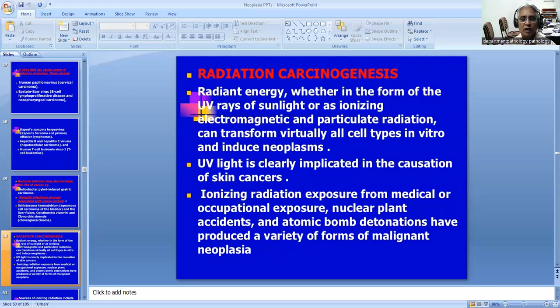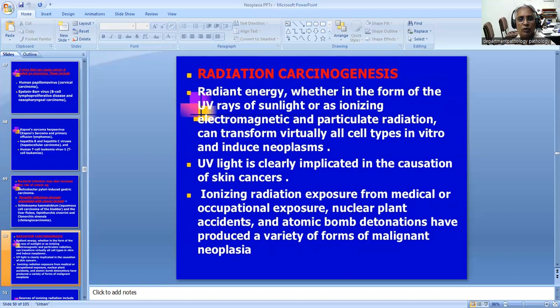The third group, after chemical carcinogens and infections, which are by viruses, parasites or bacteria, is radiation carcinogenesis. This is one of the most important groups which leads to the development of cancer. So radiant energy, whether in the form of UV rays of sunlight or ionizing radiation, which are electromagnetic and particulate radiation, can transform virtually all cell types into